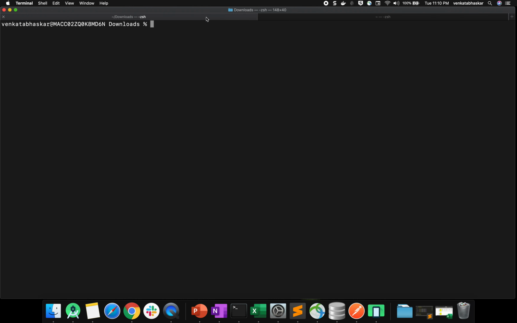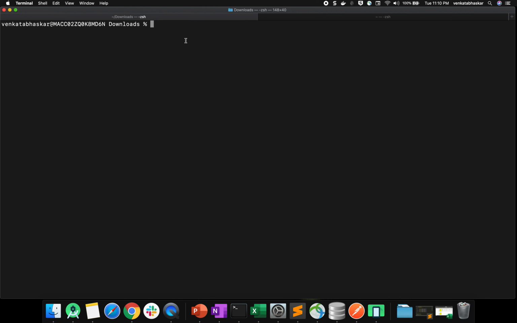Let me open terminal. If you are using Windows, please watch how to log in, because Windows is not that easy. Why? Because you downloaded one private key, right? You need to convert it into a Windows specific key, then only you can log in. Once you do, by using the PuTTY tool, you need to convert it and do some settings. That also I explained in my previous section. If you know, then it's good. If you use Linux or Unix, you need not do any changes except you need to change the permissions.